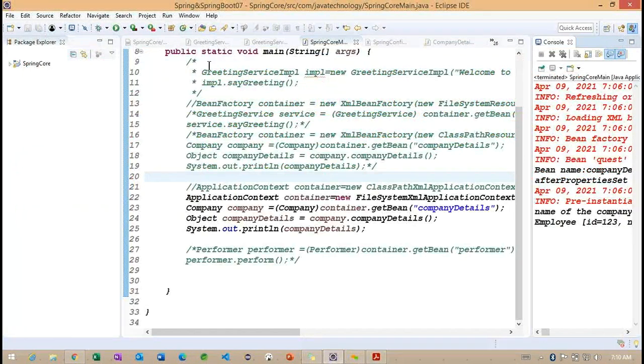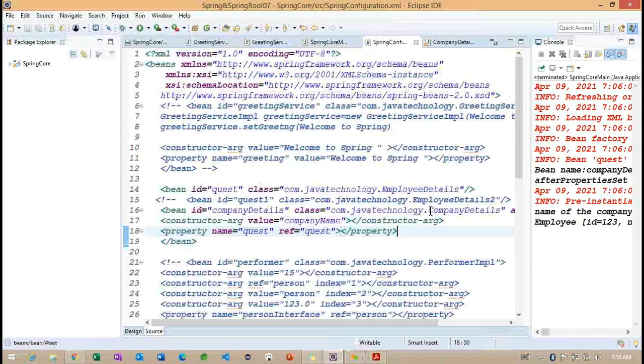We have a configuration file. You can imagine we have company details here. Getting the point. Whenever we define this company details, how many objects are going to be created when we are working with a singleton? Only one object is going to be created. Getting the point. Only one object is going to be created, and the same object we are going to reuse wherever we require it.